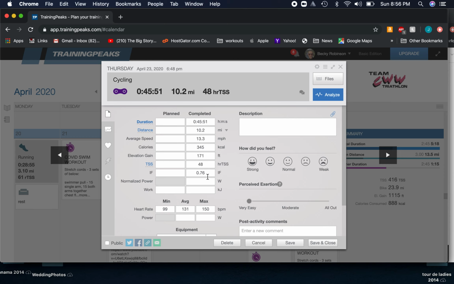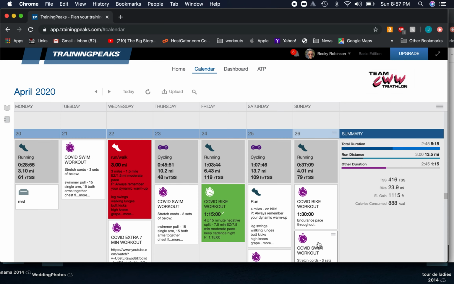The intensity factor basically is how hard or how intense your workout was. So it's basically on a scale of 0 to 1, and 1 is the highest intensity factor. This is based on relative to your FTP, which is the speed, the power, and the effort you can maintain for an entire hour. So this is getting a little more than you want to know, but you at least know what those numbers are. If you look at her run,